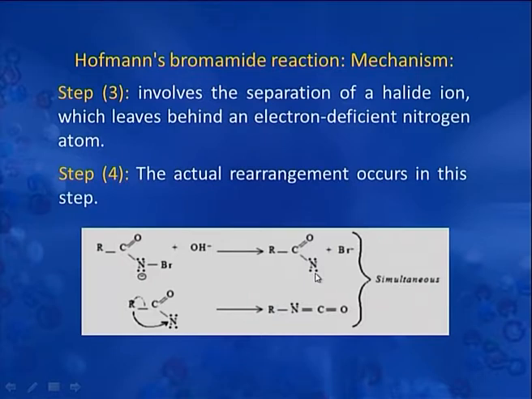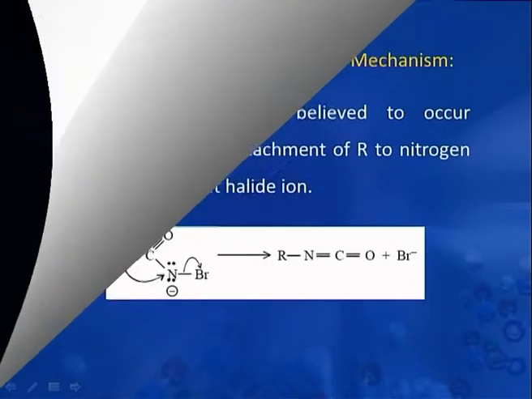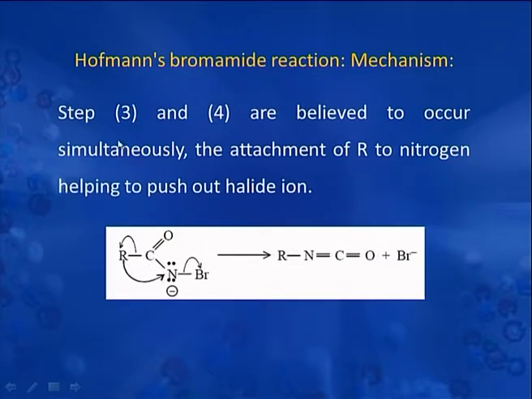It is an electron deficient nitrogen. And in step 4, the actual rearrangement occurs where the carbon having the alkyl group migrates with the pair of electrons to the electron deficient nitrogen. Now, these two steps, that is step 3 and 4, actually take place simultaneously. We will discuss in the forthcoming slides how these two steps are taking place simultaneously. So, we can also write the third and fourth step together, that is migration of alkyl group and removal of bromide